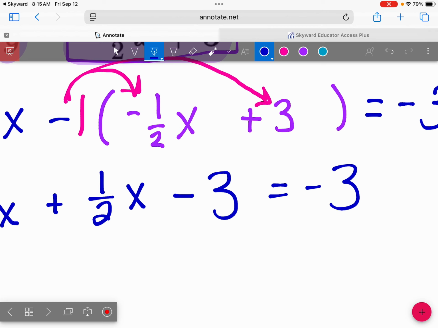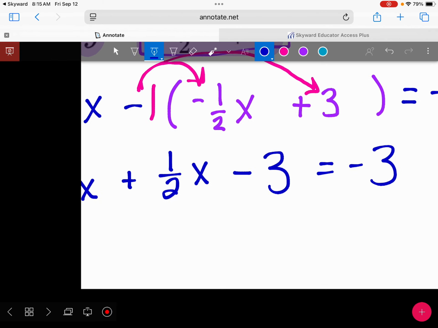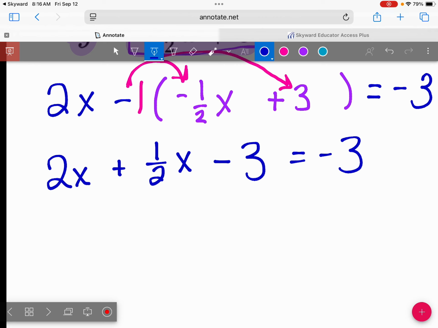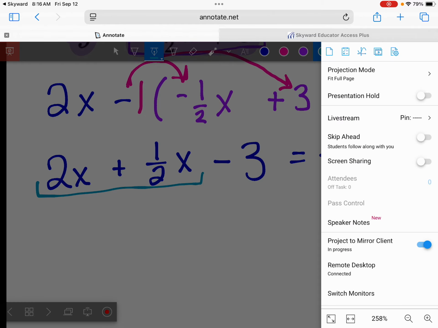What could we do next? Combine like terms. What are we going to get from those like terms? 5/2 is exactly how I recommend putting it. Our 2x plus 1/2 x, like in our heads we'll go, oh, that's 2.5 x. But 2.5 as a mixed number is really, really difficult to work with as an equation. I could put 2.5, totally valid. We could 100% rock with decimals. Or if you do it in the calculator, you'll see,